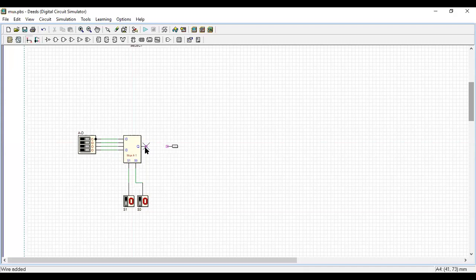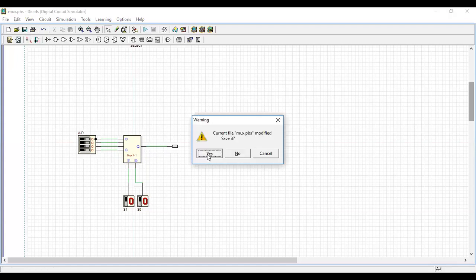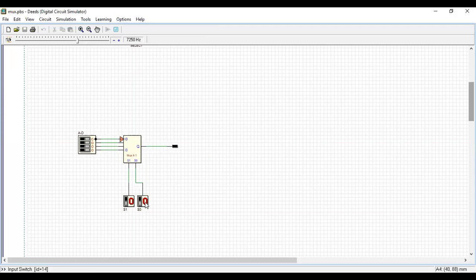Okay, done. So now we will do the simulation part. Yes, all the wirings are done. So go to the simulation. So it's mux only. Yes. So the inputs are 0, 0 and the selection lines are 0, 0. So which input is selected? A input is passed to the output. So what is present in A? A is 0. If I make A as 1, the output becomes 1. Yes. So in this case, again I'll make A as 0. And I try with the other inputs. Yes, there is no change in the output. Got it?